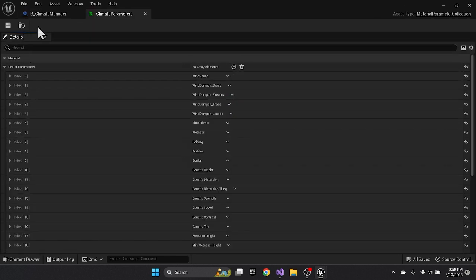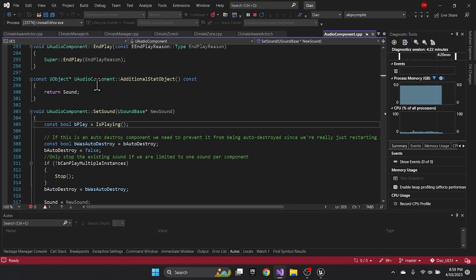So basically, material parameter settings, many of these are from different assets, but the wind speed, some dampening on grass blades so that the grass blades don't go crazy. There's our wetness setting, and then we have some things that will puddle. So if we have shallow water, puddles will form up on those shallow pools of water, all being done through material functions that reference this climate parameter setting, which are updated